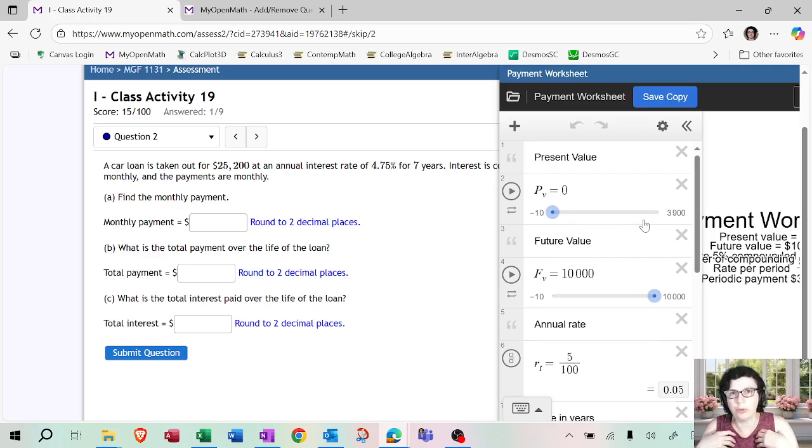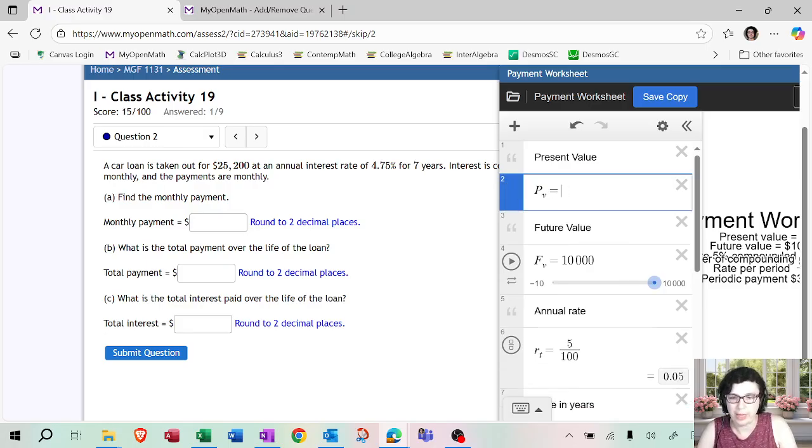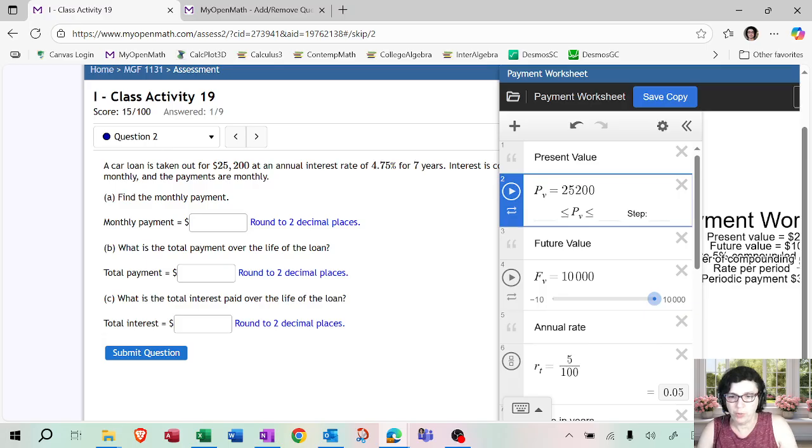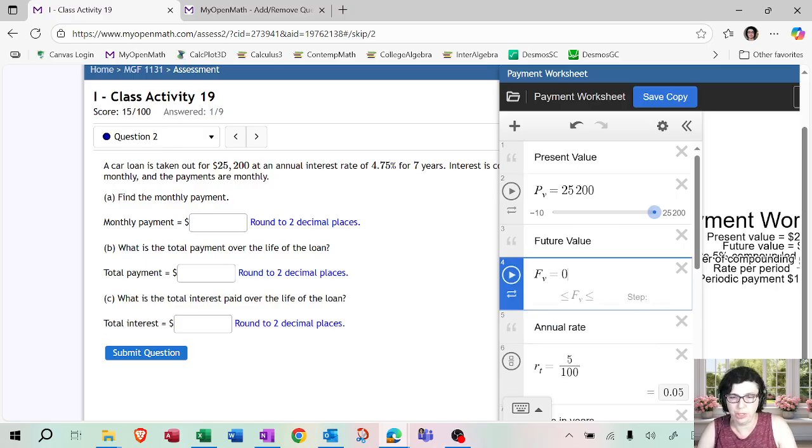Okay, so if you're borrowing money, the bank is going to pay now. The bank is not going to wait 7 years and then pay. You're going to be repaying the amount over the next 7 years, but the bank has to pay now. So the amount of the loan always will be the present value, not the future value. So we're going to type the present value here and then we're going to set the future value to 0. There is nothing there. The loan is taken right now and we need to figure out the monthly payment for the next 7 years based on the amount of the loan.